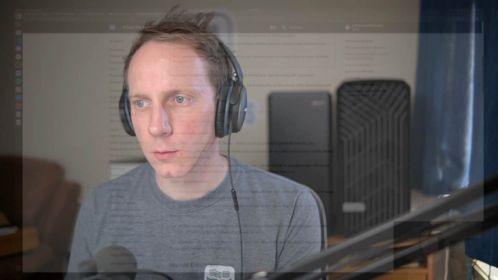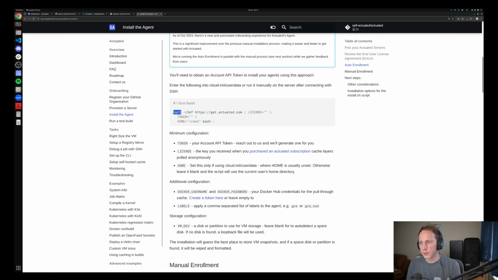Okay, so what I've got for you today is a demo of the auto enrollment for Actuated. This allows you to auto scale machines, add and remove them whenever you like, completely on a self-service hands-off basis. We're going to have a look at the new docs. Here you can see the new instructions. It's very, very simple, and this can be pasted into user data, Cloud Init. It can be run via Terraform, Ansible, or just manually over SSH, which I think is quite a good way